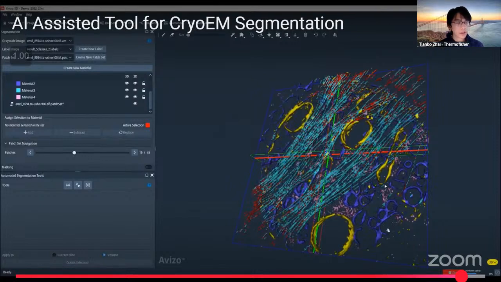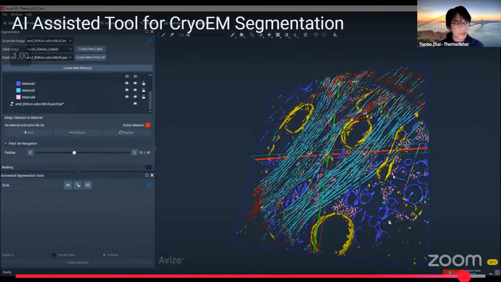But as mentioned, it's not a magic tool where, with a few clicks of a button, you get a perfect segmentation. It requires careful planning, and it requires increments, understanding your result, and building upon what you already have. But the good news is, for many of the challenging segmentation problems inside CryoEM, that turn out to be very difficult using traditional threshold-based image segmentation tools,